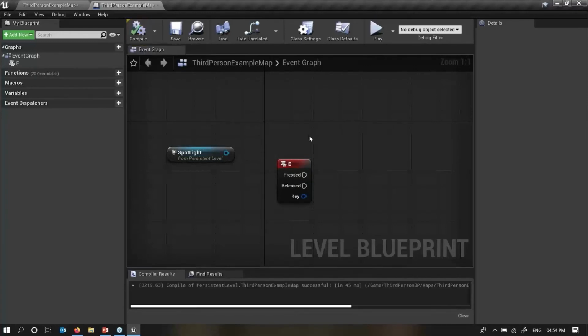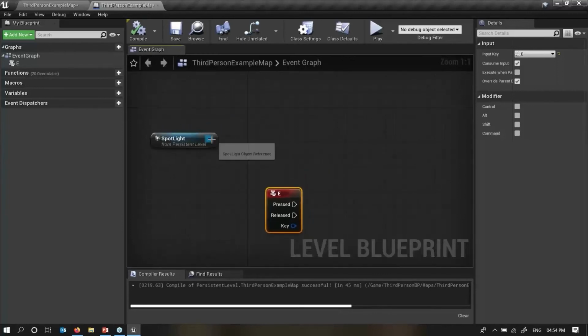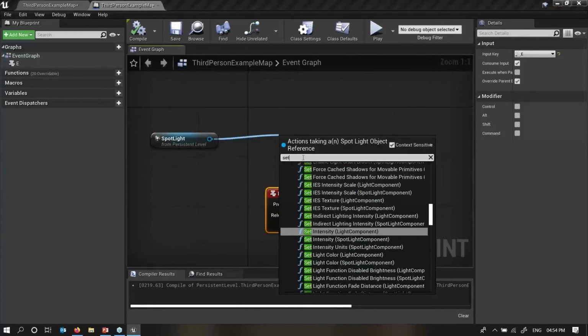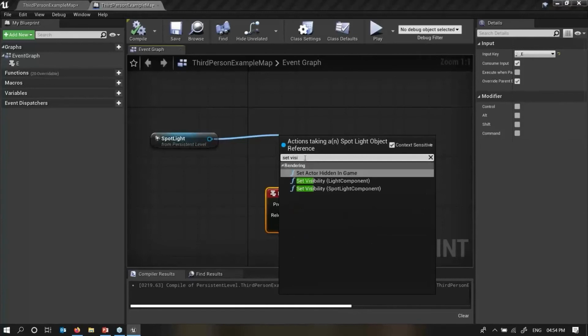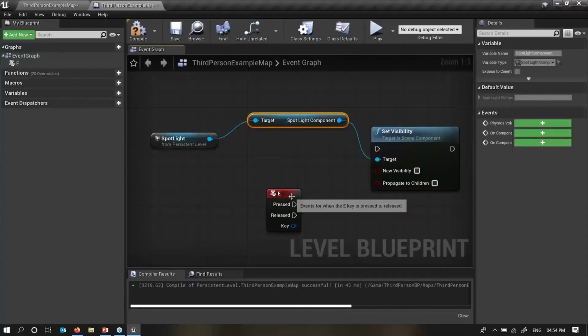First of all, I'll need to compile. I'll drag this down. Now I'll select and say what it has to do: set visibility, set visibility of the spotlight component, because I need to add a spotlight, right?